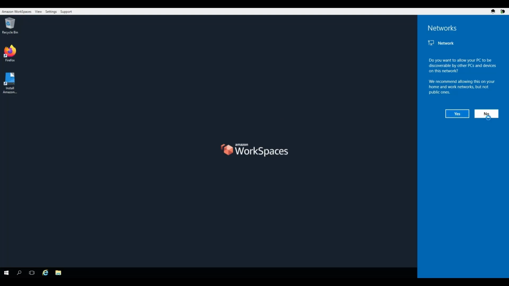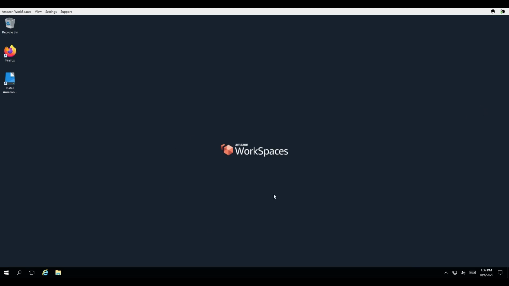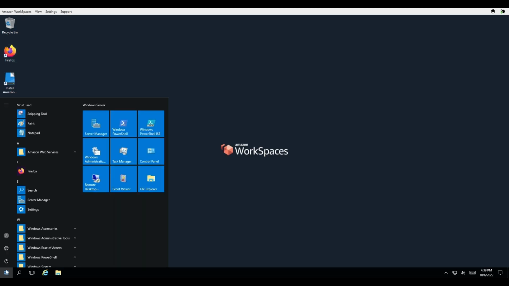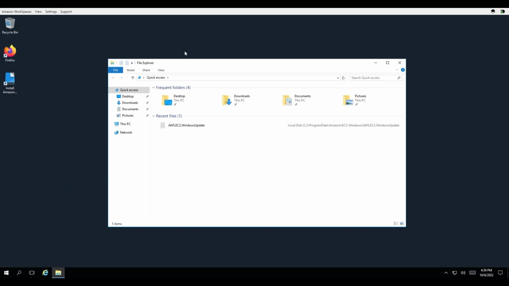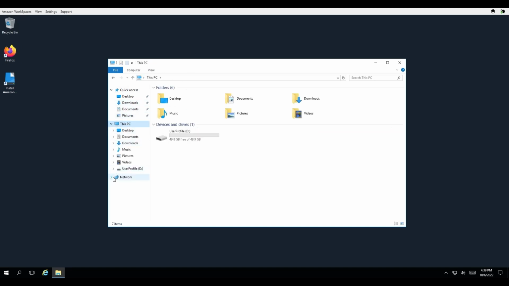As you can see, we hit no for that, that's fine. It's a bit slow. As you can see, it's launched our desktop, it's Windows 10. We have Firefox, we have Windows Explorer, so we can open Firefox to search things, and we can open up File Explorer. And you can see here, just like any other Windows 10 desktop, you can